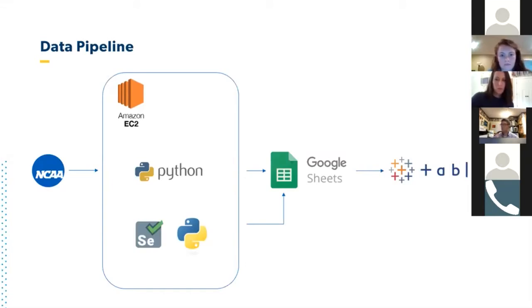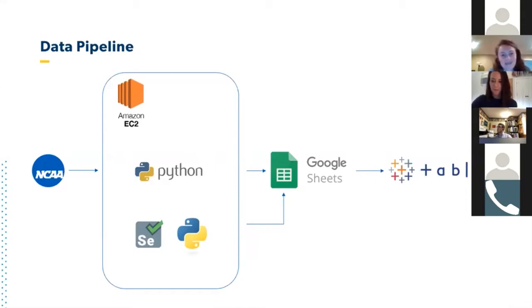So here's how the data pipeline is currently set up. We're scraping the data from ncaa.com, and our Python scripts are sitting on EC2 today. When we first set this up last year, we had it running on a Raspberry Pi that was plugged into the office, and there were a few cron jobs that would, every 10 minutes, go and grab the data and load it into the Google Sheet. This year we decided to push that up to EC2. Unfortunately, we're not able to run it because there's no tournament, but hey, we at least tried it.